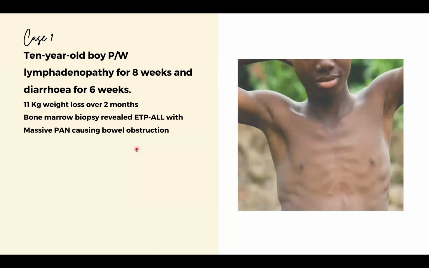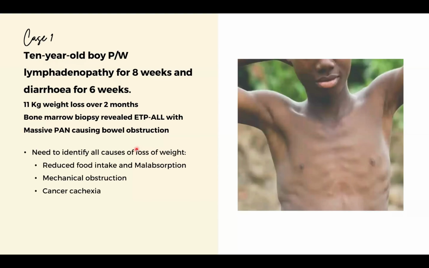So there was a 10 kg weight loss during the last 2 months when patient presented to me, and bone marrow biopsy revealed ETP-ALL with massive para-aortic node enlargement causing bowel obstruction and bowel compression. So it's very important to identify all causes of loss of weight in these sort of patients. So patient was obviously having lack of food intake, reduced appetite, and there was malabsorption. The bowel was significantly compressed by these huge lymph node masses. So there was obstruction, and